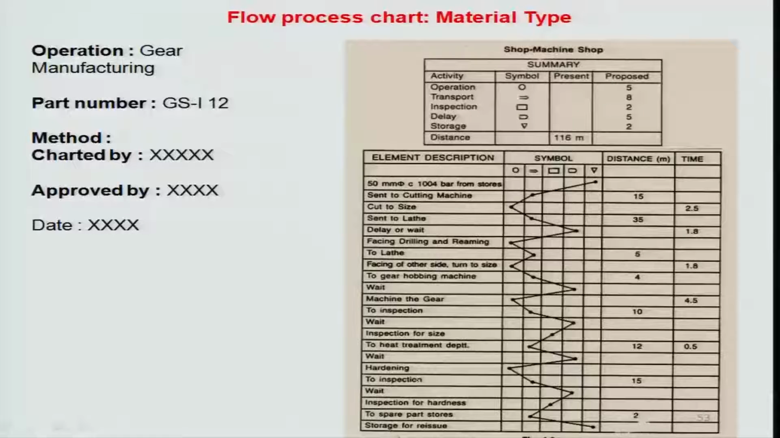Then there is also another kind of flow process chart which is related to how the material flows between different stations. In this particular case we are talking about gear manufacturing, for example, and there is a particular part number involved. The gear manufacturing comes from a bar typically, which is sent first to the cutting machine, then to the lathe, probably to a gear hobbing machine which actually cuts the gear splines onto the bar or the shaft, and then